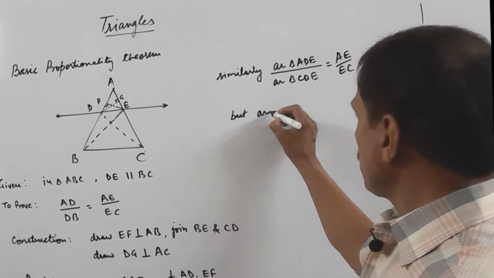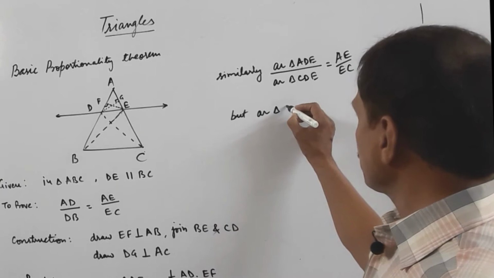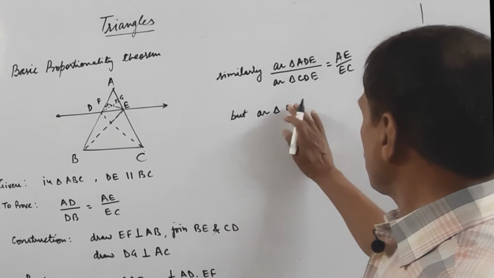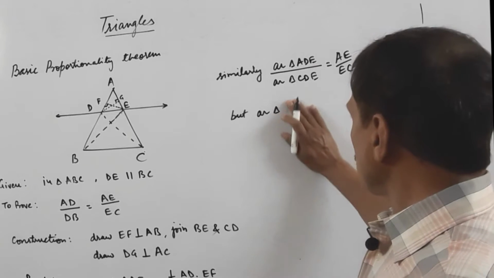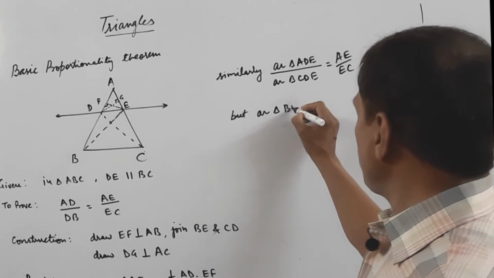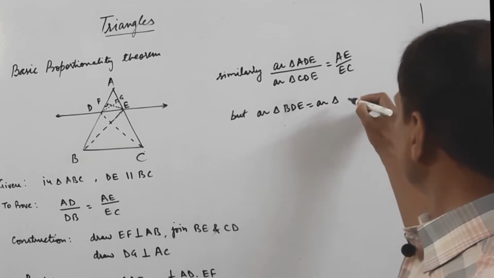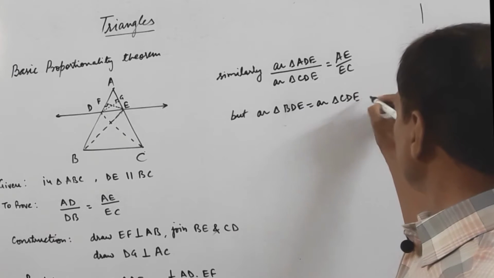But area triangle BDE is equal to area triangle CDE